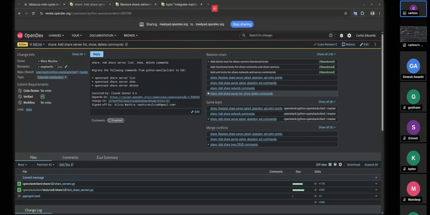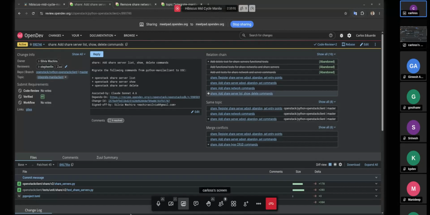And it's plumbed into the Python OpenStack client. So that's the thing that we are trying to get rid of. But at the same time, deletion is merely a side effect rather than the thing that we are focusing on. We are focusing on the benefits of the migration, not the deletion itself.